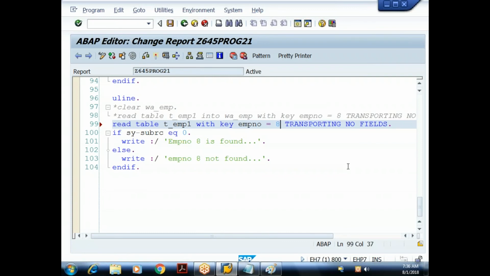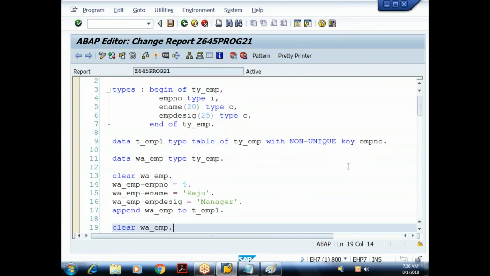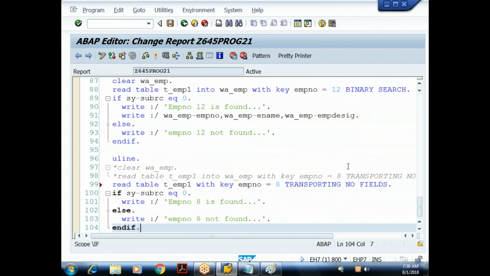If you are interested only in checking the existence, not in reading the content of the record, use the addition TRANSPORTING NO FIELDS. So these are the different ways of using the READ statement. Any questions? Please ask me. This is a complete concept related to standard internal tables.